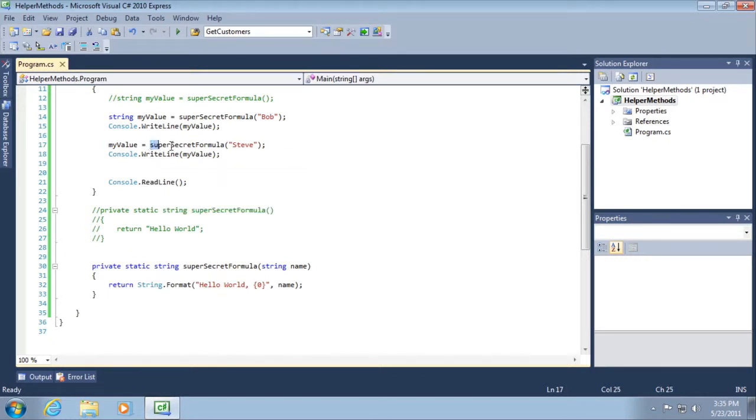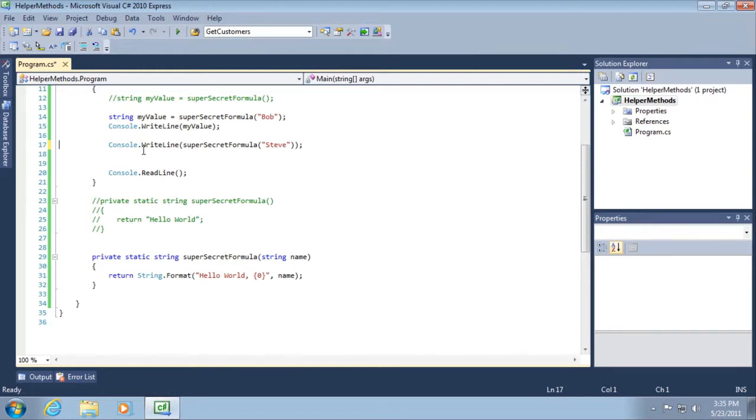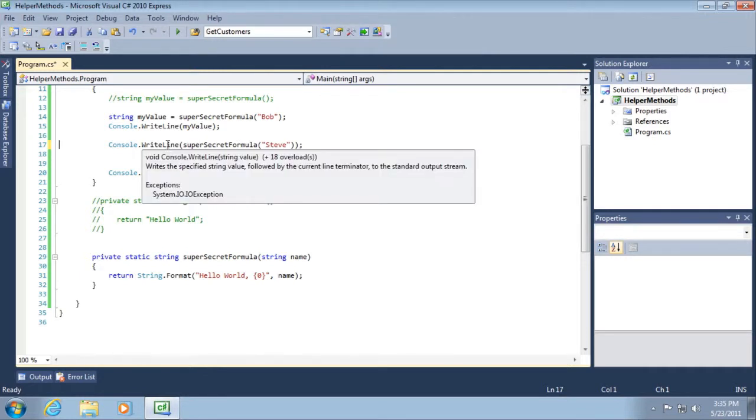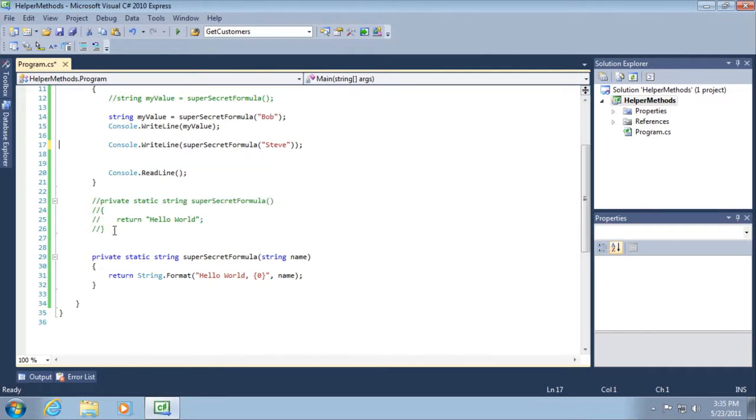Now let's take the line of code here, and I'm going to just cut and paste that and just get rid of my value altogether. So we could write it like this. Again, super secret formula is returning a string, so we can easily embed the result of one method inside of another method. Okay? Furthermore, if I were to select this original version of super secret formula and select uncomment out the selected lines,